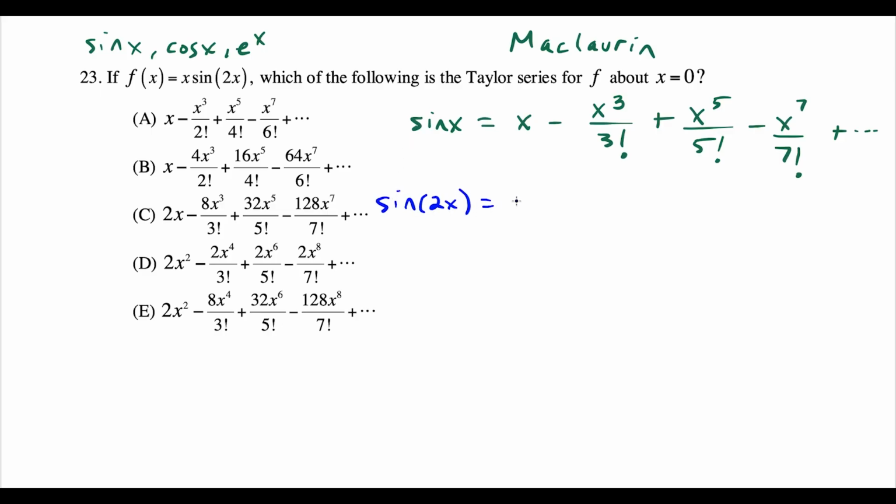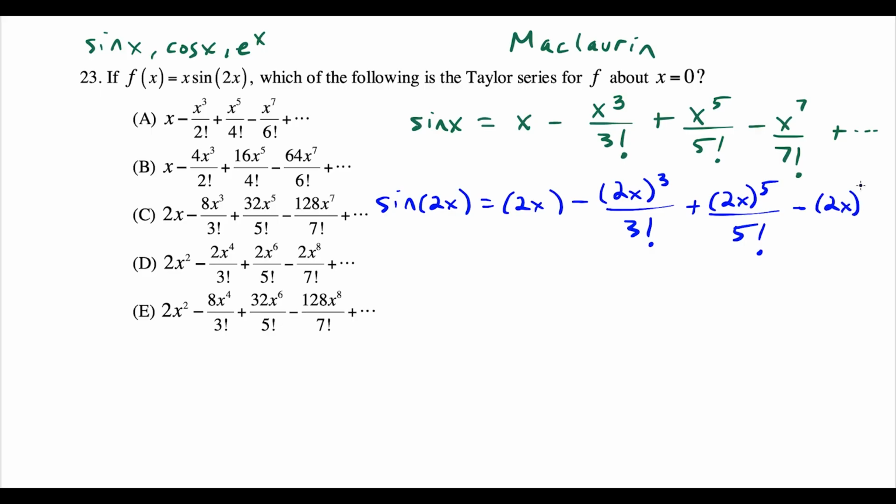If you replace every x with 2x, now you have 2x minus 2x in parentheses to the 3rd over 3 factorial, plus you'd have 2x in parentheses to the 5th over 5 factorial. So we're just using composition of functions here to build this series. And then we get over 7 factorial, and then this goes plus dot, dot, dot. This just goes on and on. So now what we could do is simplify this a bit. Sine 2x